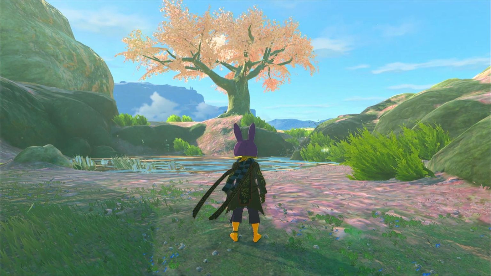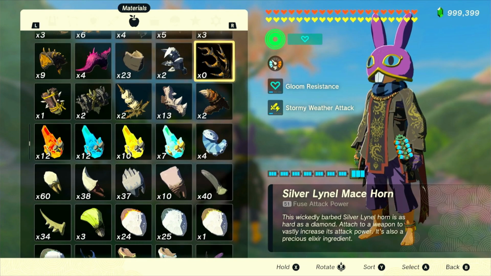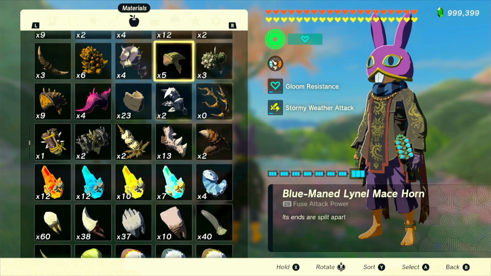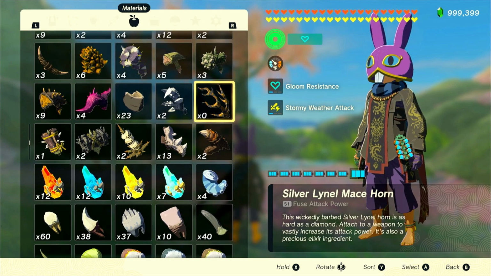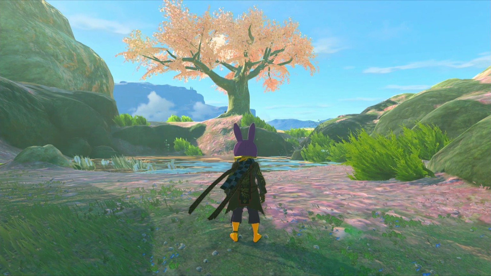Now, once you load in, you need to press plus, go down to your materials. You'll see that the item we were holding is a stack of 0 still. Now we want to press X to bring back the items. You'll see that it still says we're holding nothing, but it looks like we're holding what we were holding before we loaded the save. Once we see this, we're going to press B to close out,